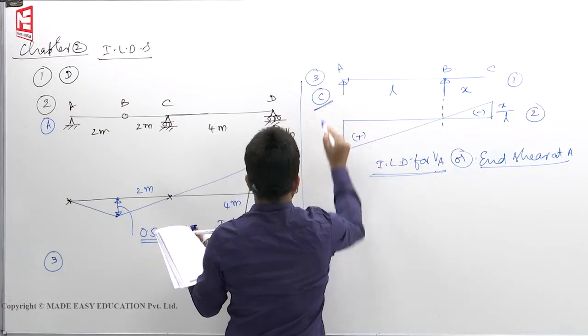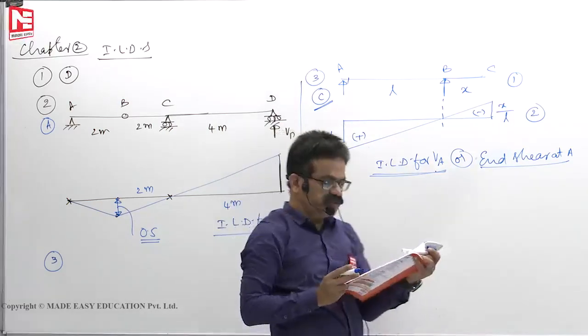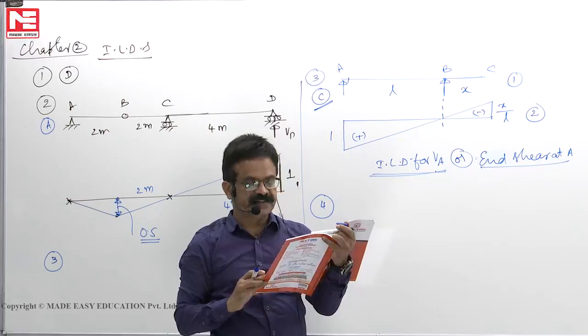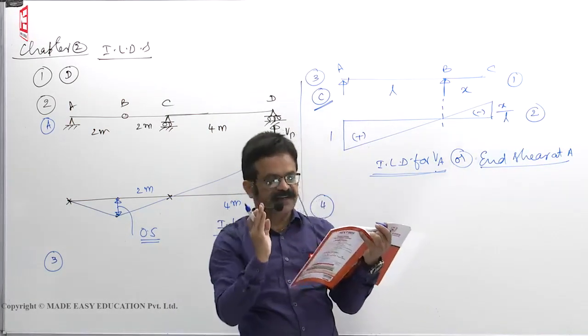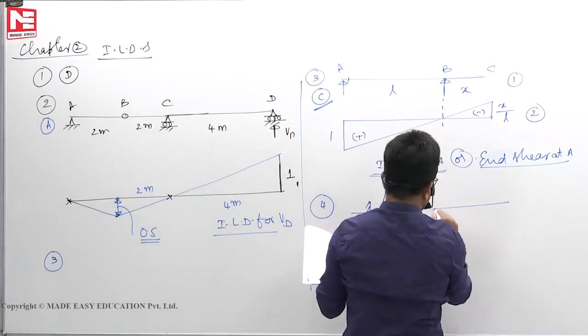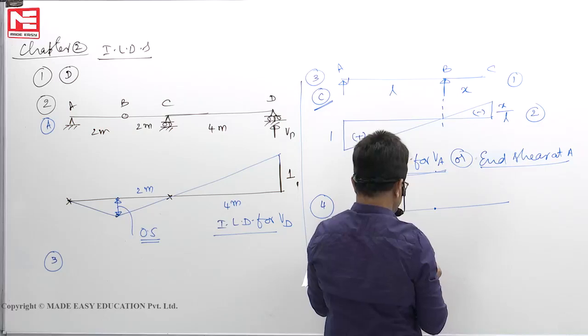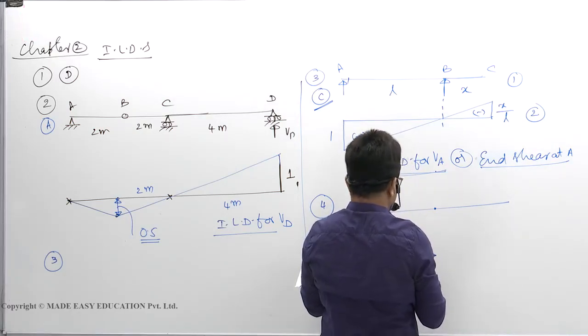Next, fourth question. Which one of the following statements is correct? ILD for bending moment at a section in a cantilever beam is a triangle extending between the section and,